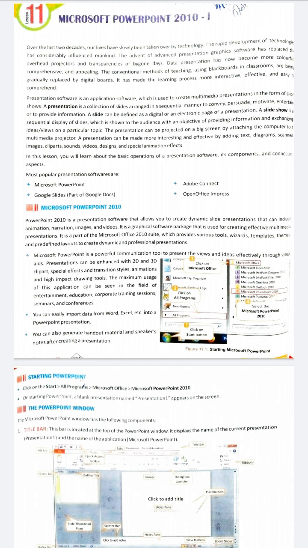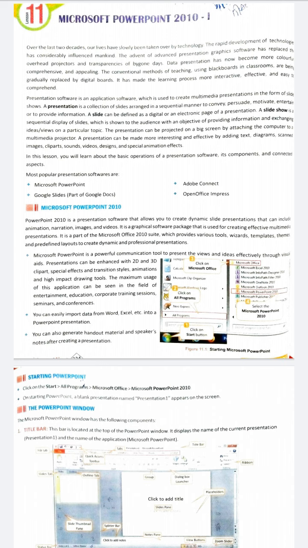Till now we have completed two lessons, and today we will cover Microsoft PowerPoint 1. PowerPoint is a presentation software, and it is used to present a project. You can present your project in the form of slides, and slides are the pages. On these pages you can draw your custom animations, and besides that you can insert files, Word files, documents, shapes, etc.